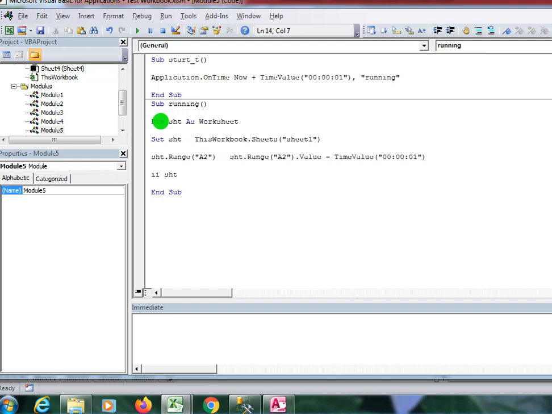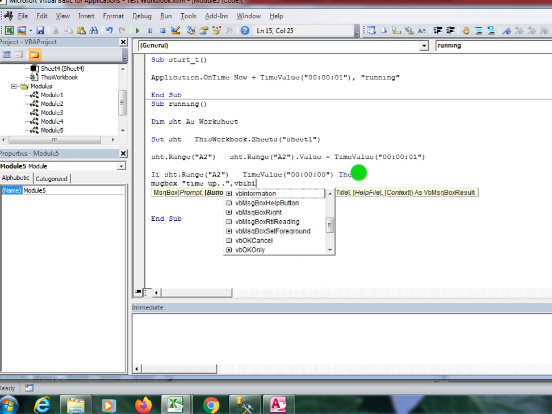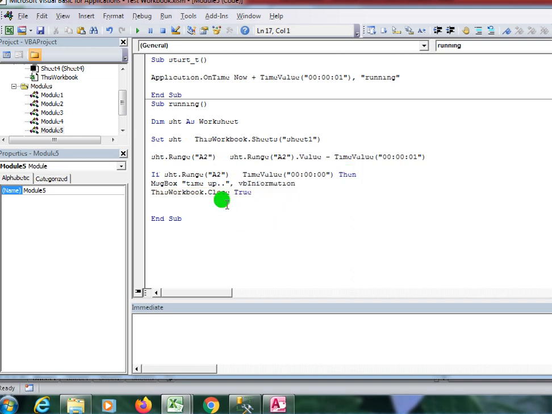If SST.Range("A2") equals TimeValue 00:00:00, then my current workbook will close automatically with saving changes, and also show a message box to the user saying time up. And here is Exit Sub.